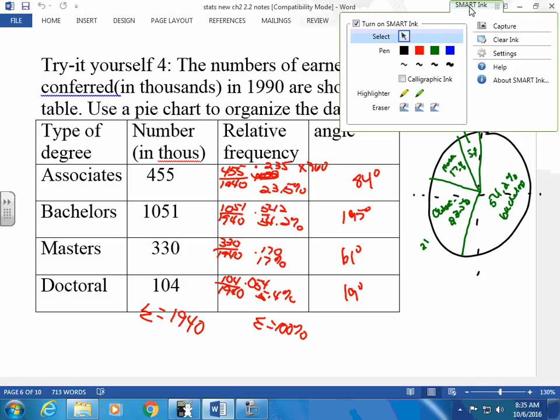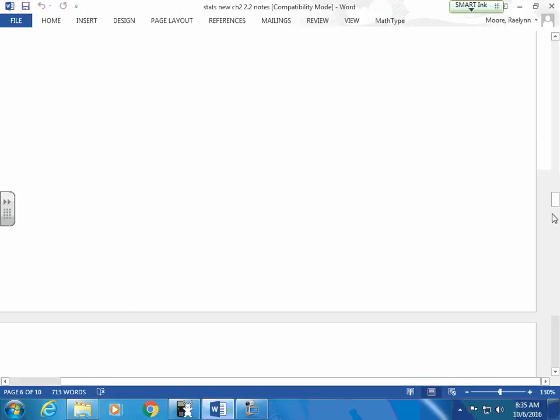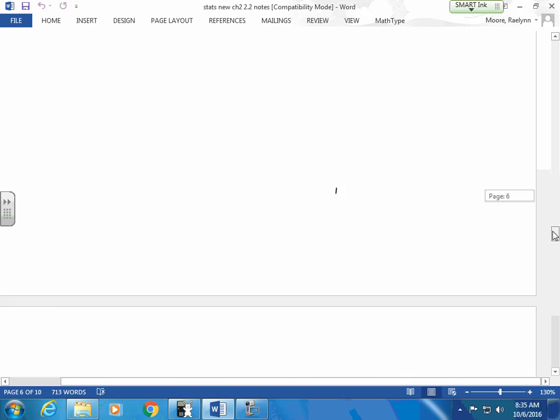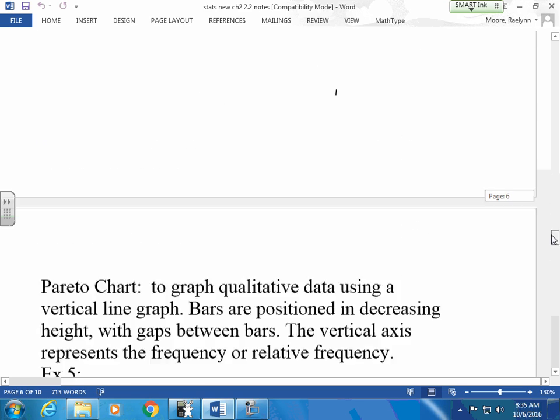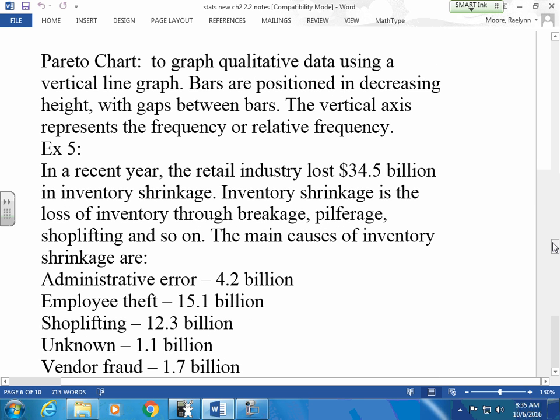We're running a little short on time, as usual. Tomorrow we'll start with Pareto. I don't want to rush through Pareto because I'm sure you haven't seen it before. So tomorrow we'll start with the